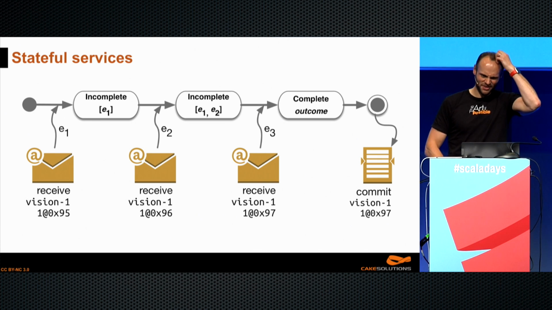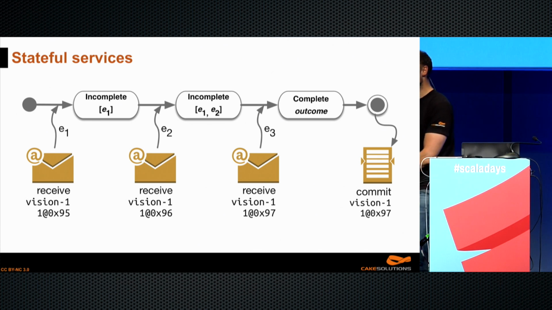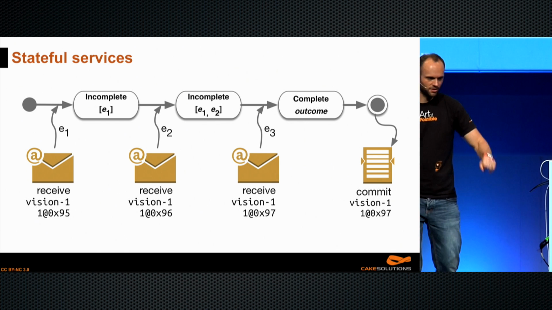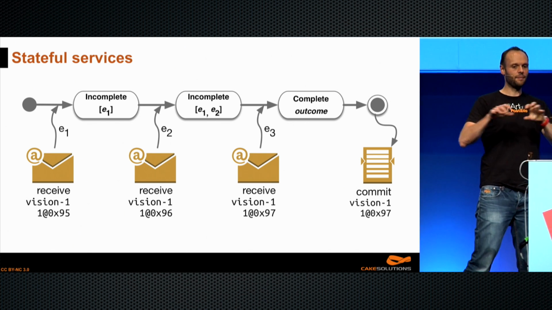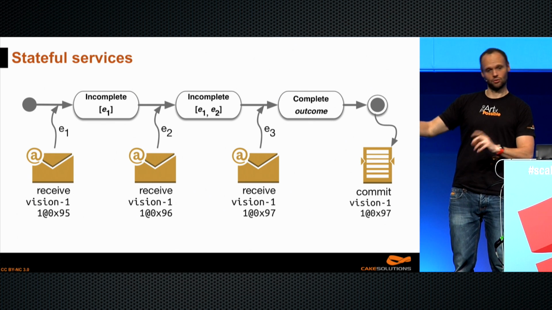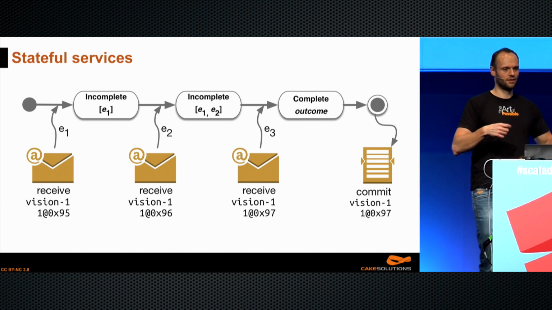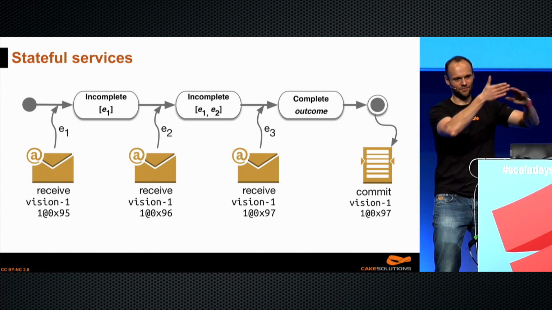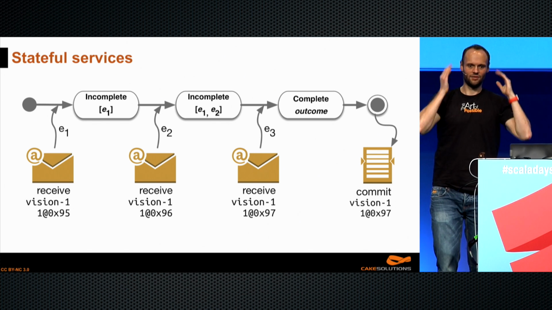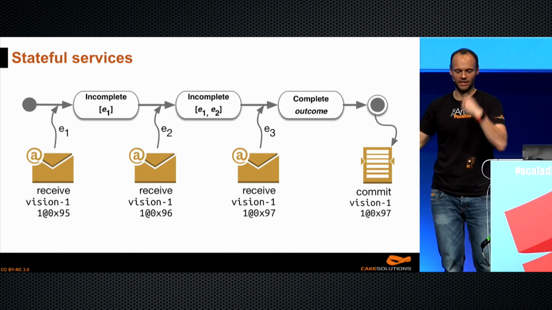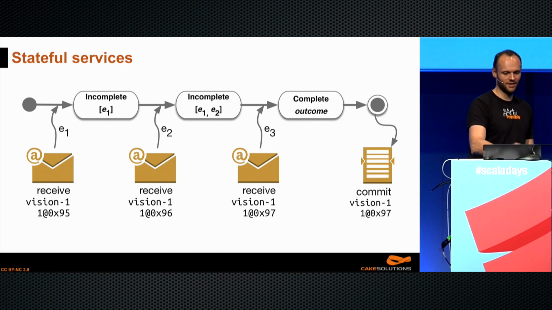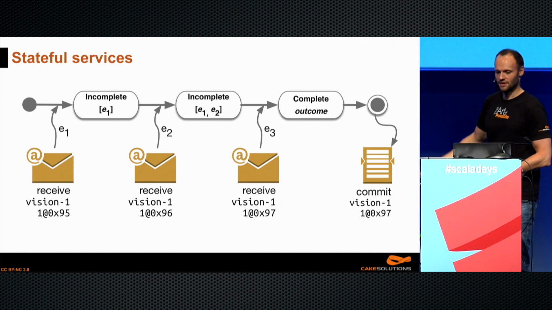And then these stateful services. Oh man, this gets even more complicated. So suppose, again, that's in the book, and I've made up an example here. Let's say we need to receive 3 messages before we can produce an output. That's not too hard, right? You need the document, the front of it, the back of it, and the picture of a human. And then you can say, okay, this is all the right thing, and the picture matches. Cool, so you need to receive message 1, message 2, message 3.